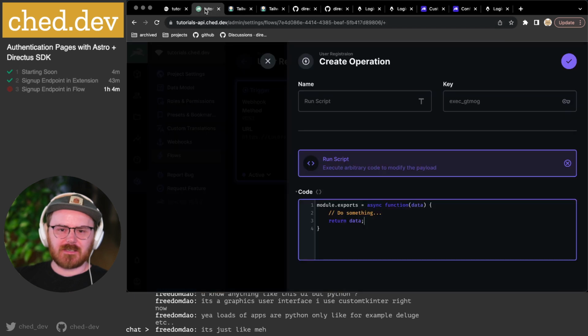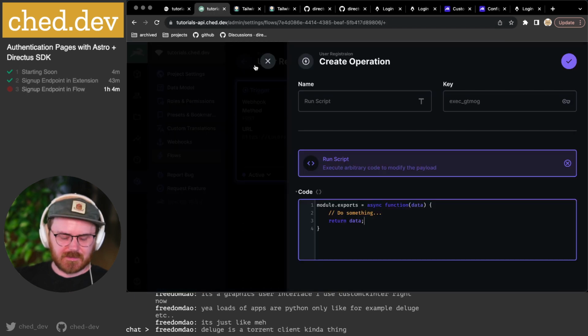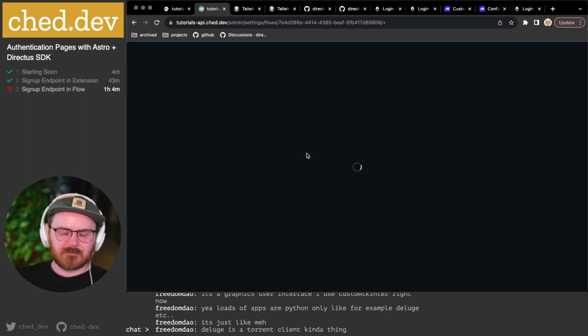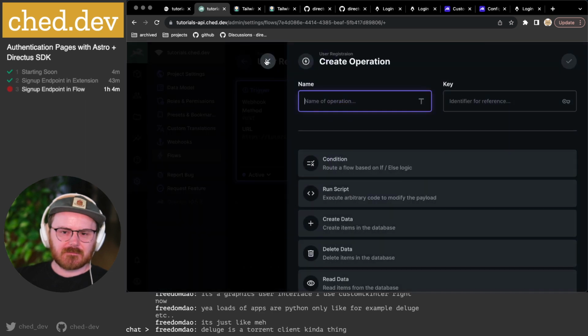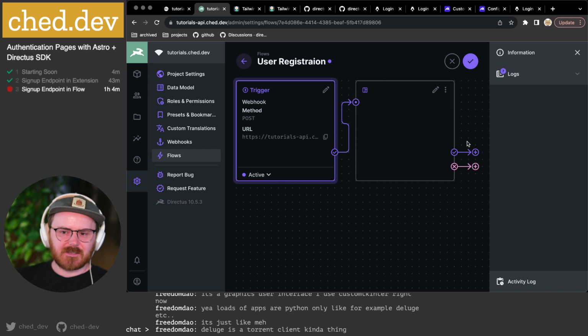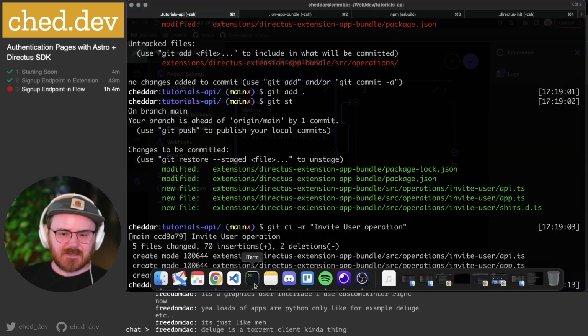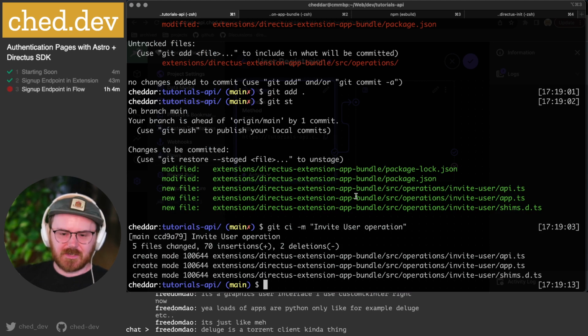Okay, let me close that. Oh, I do still have one here. See how it's like messed up there? It's still there, but it's messed up. That's because I don't have the latest code there. Okay, but now I should be able to